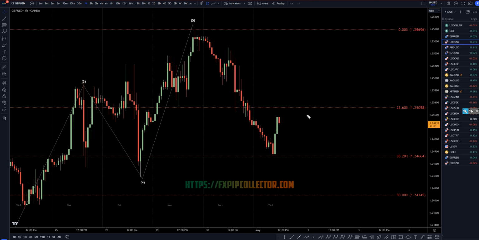So taking it down to that 1 hour time frame. On the 1 hour time frame, I was originally thinking this was going to be a wave 4, this move up that we're currently seeing. It looks almost too strong to be a wave 4, but I think it still is very likely a wave 4. I think it very likely is going to go down at least one more time for a wave 5,